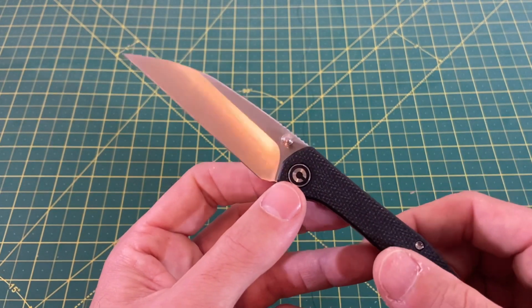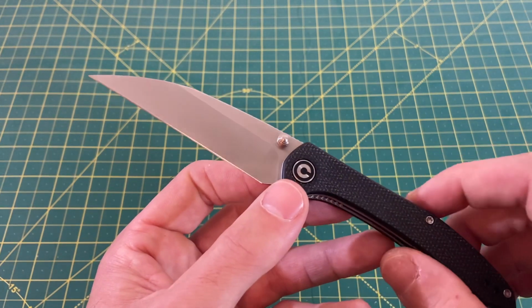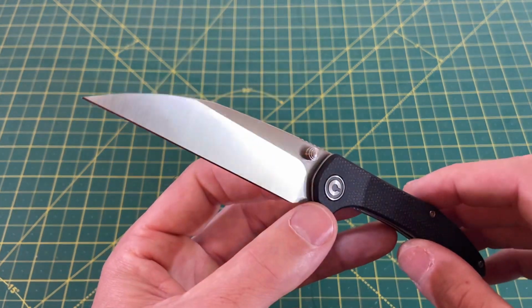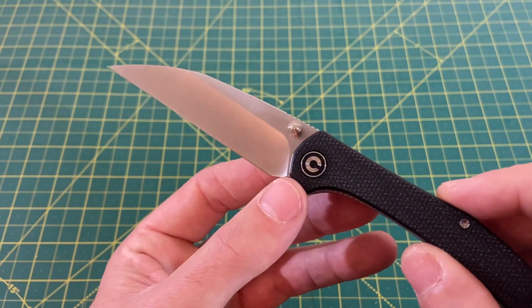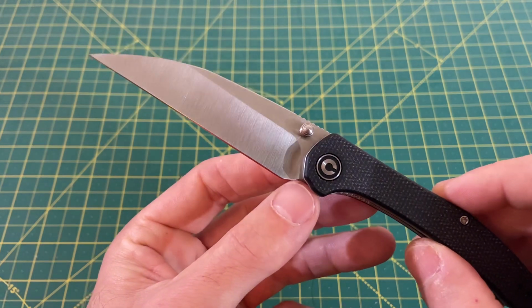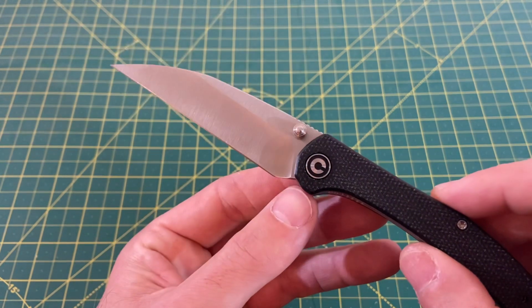Civivi is held to pretty high standards because I think they're the best budget brand. So I'm going to let it be known when I find stuff like that. So don't appreciate the scratches on the blade, Civivi. Keep them in a line a little more, I guess. But regardless,